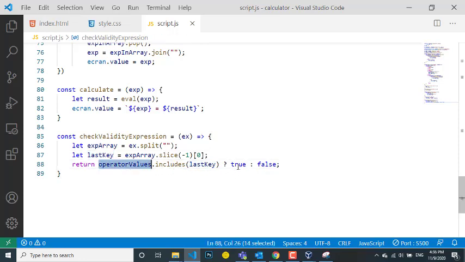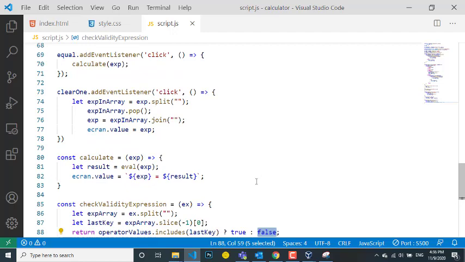Good. If the last key is an operator, then I am going to return true, that the last string of the expression is actually an operator. If it's not an operator, it should return false.